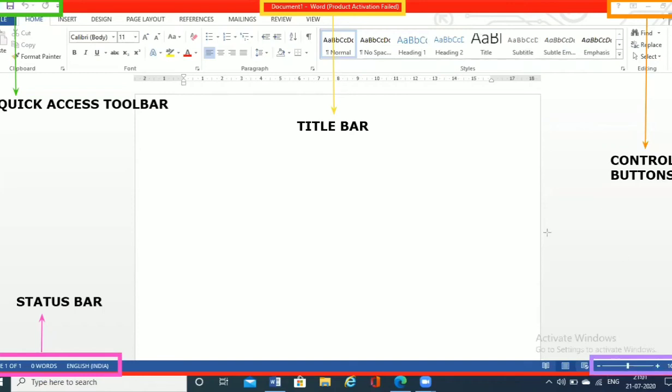If you want to zoom in, you have to click on the plus sign. If you want to zoom out, you have to click on the minus sign. So this is the zoom slider.